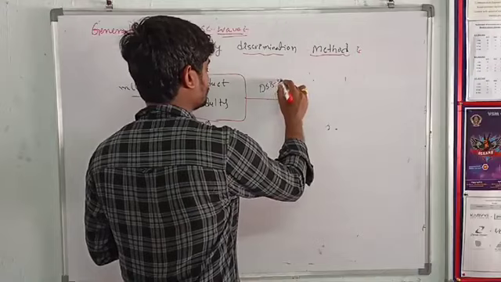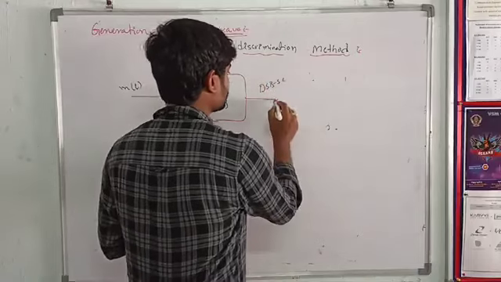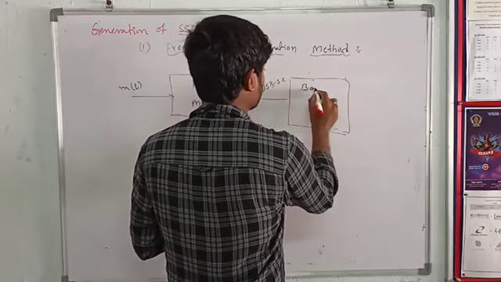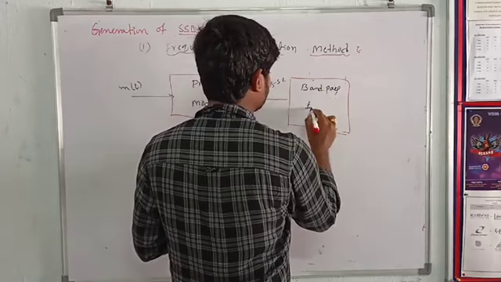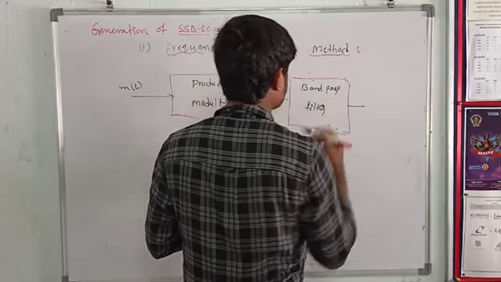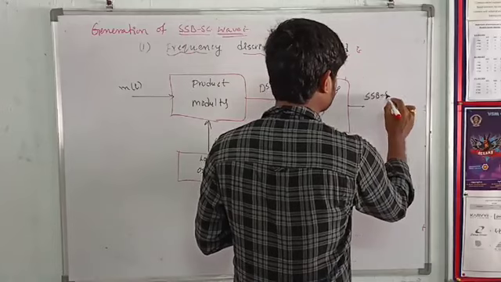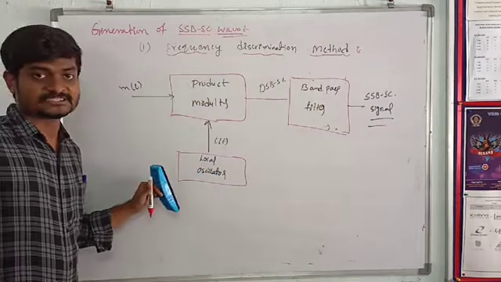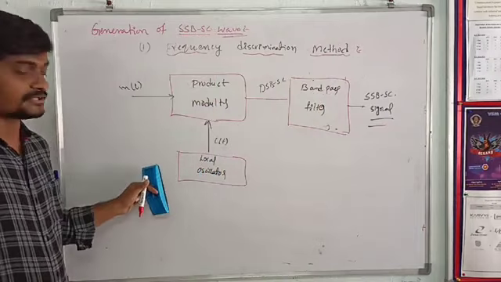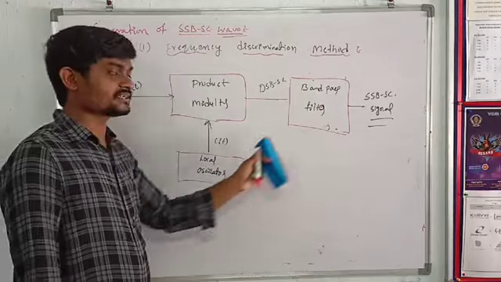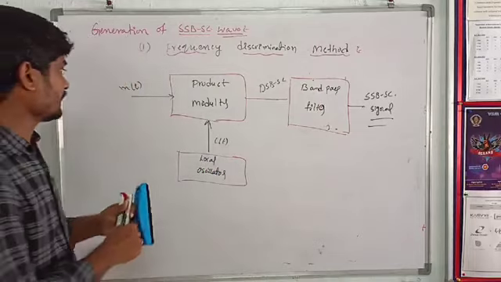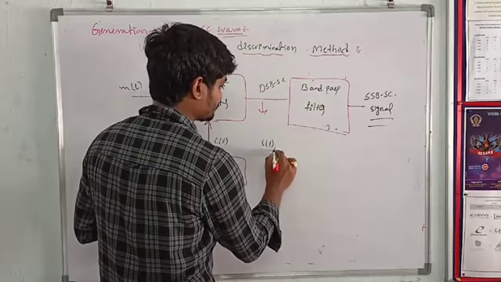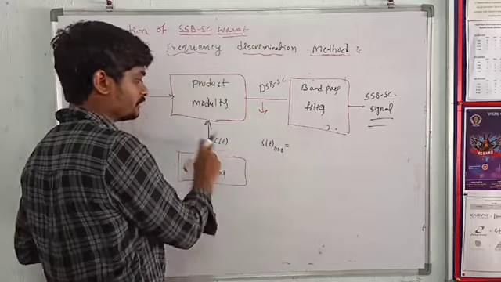and gives the DSB-SC signal, and passes the DSB signal to the band pass filter. From the band pass filter, you can get SSB-SC. It is the frequency discrimination method or filter method. In this we use a product modulator, local oscillator and band pass filter. Already we know the DSB-SC signal s of t equals m of t into c of t,